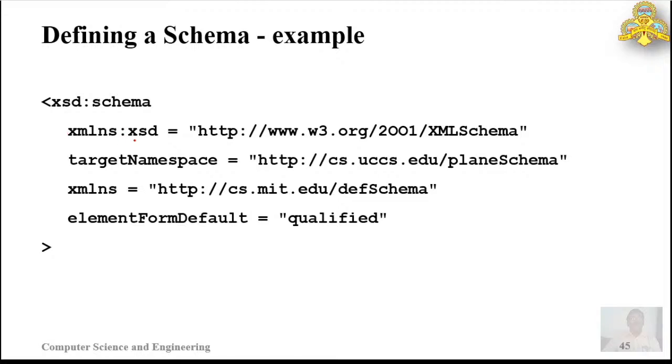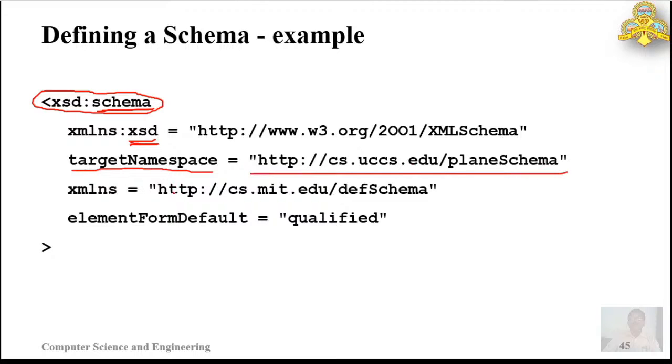So here XSD is the prefix that we are defining to prefix our elements, and this is the schema. Observe it. Schema is the root element in the XML schema definition. XMLNS prefix, it is here, and this schema definition is for the target, that is this URI. And if in the schema, if there is a